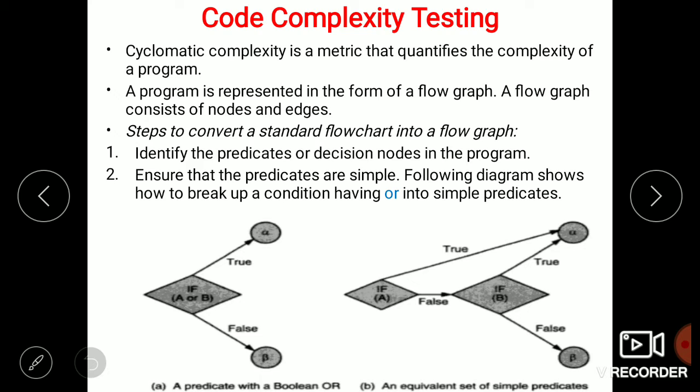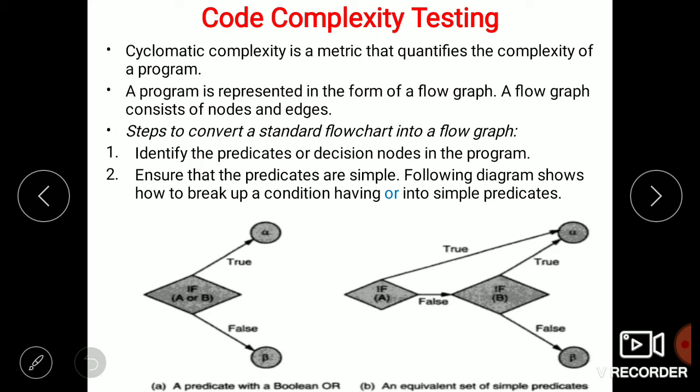In order to convert a standard flow chart into a flow graph to compute cyclomatic complexity, the steps are as follows. The first step is to identify the predicates or decision points in the program. Here, predicates or decision points means Boolean conditions or conditional statements. First, we need to identify the Boolean conditions or conditional statements in the program.